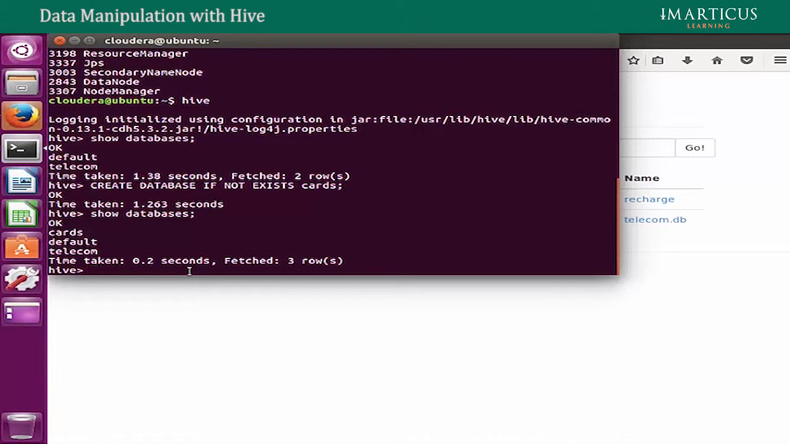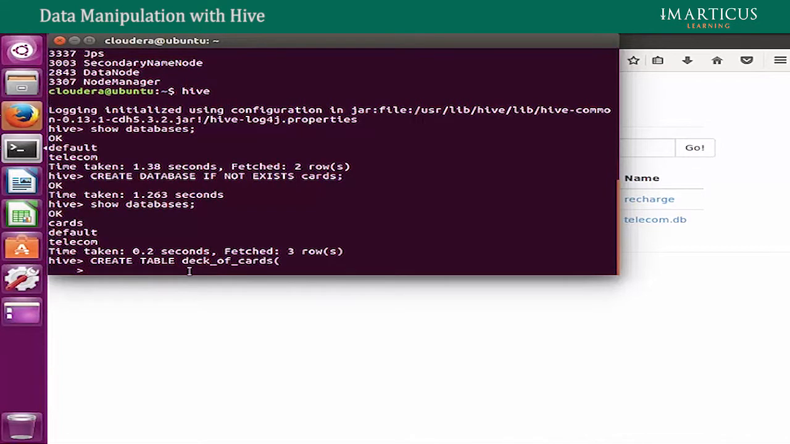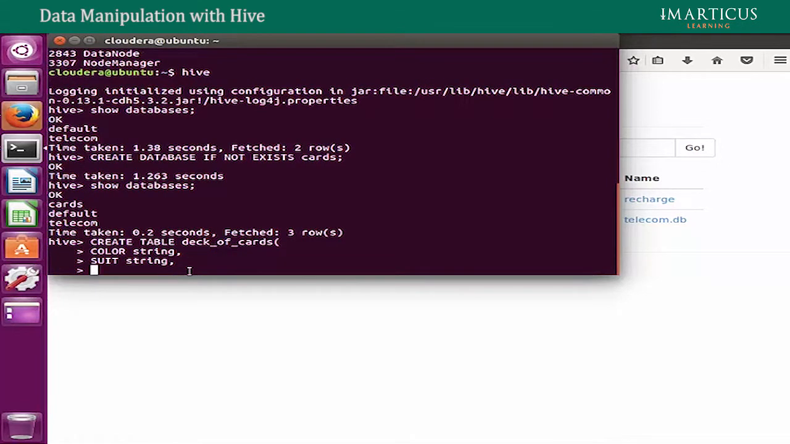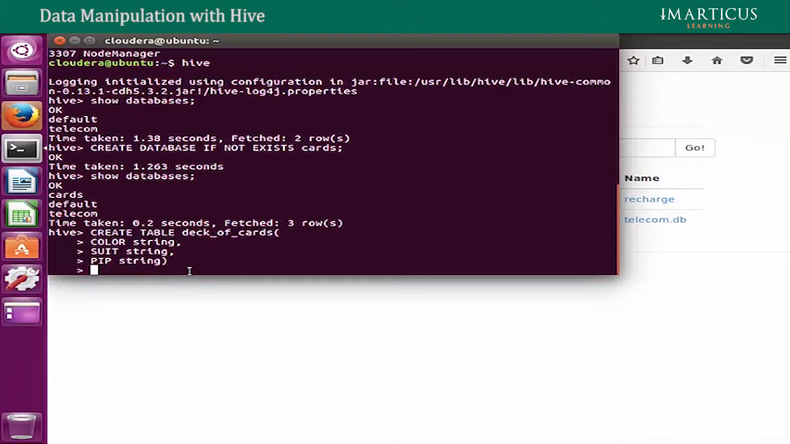Now in this particular database, we need to create a table wherein we will put each and every piece of information about a text file, which is nothing but the collection of all 52 cards. So I'm putting the details over here. Create table deck of cards, and I will be giving some information. Color, which is string, comma, suit, which is again string, comma, and the third entry is pip, which is again string, and I'll close the bracket,